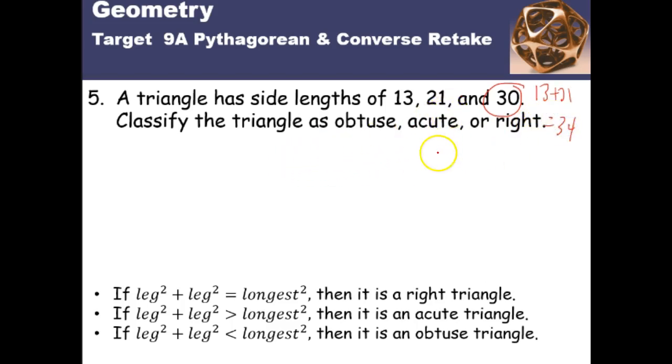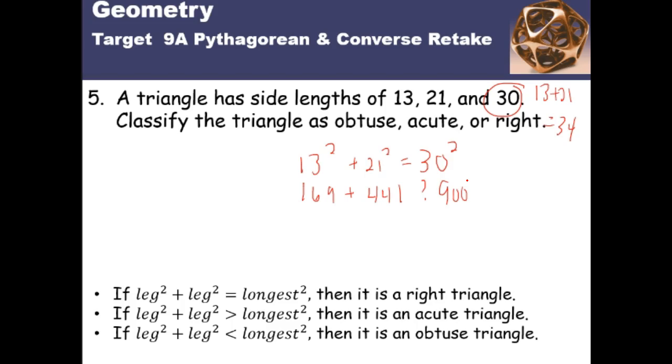Then the 30 is the longest, so that goes here. And then 13 and 21. 13 squared is 169, 21 squared I believe is 441, and 30 squared is 900. I'm just going to double check my math there. So 13, 169, 21, yep, 441, and 30